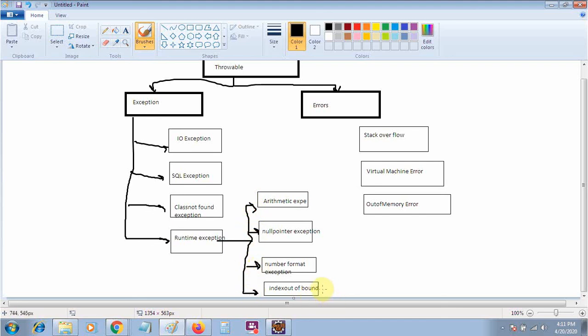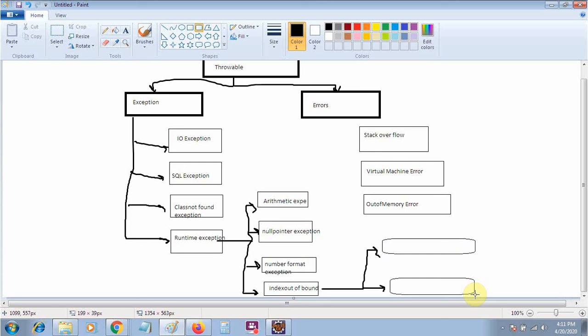What kind of two parts are there? Let me explain this one. ArrayIndexOutOfBounds and StringIndexOutOfBounds. There are two kinds of index out of bounds exception.